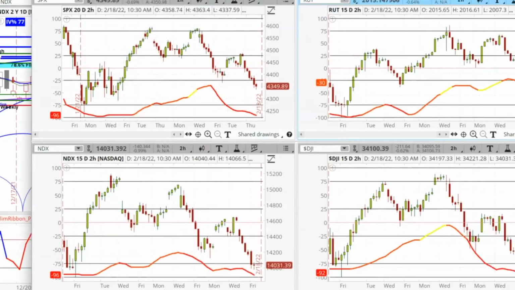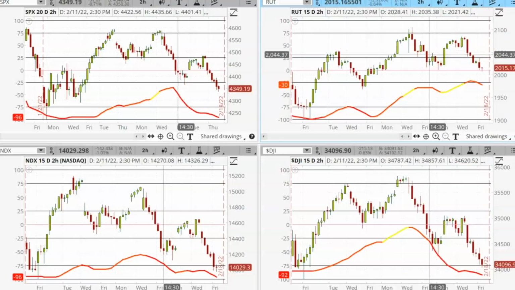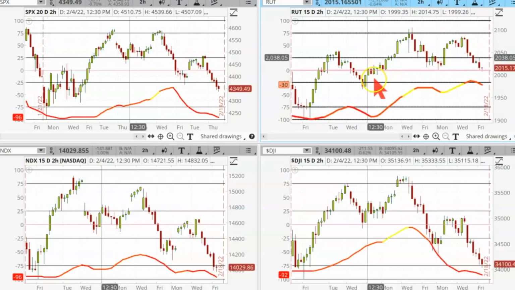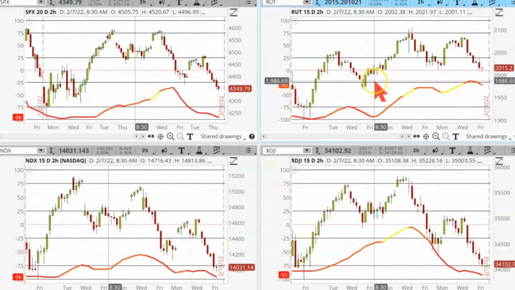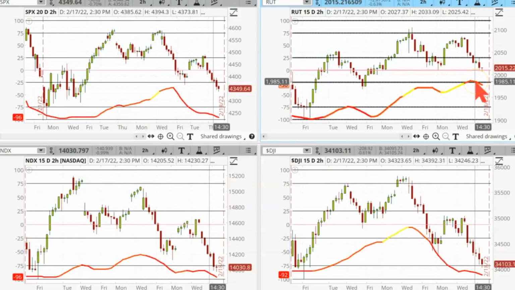I'm going to show you one more chart in here. This is the market condition indicator. This is a very unusual indicator because it's built on multiple time frames. And when it's trading red and below what we call the swing zone, so the swing zone is the positive 25 to negative 25. When it trades into the swing zone, as it does here, it tells you that the